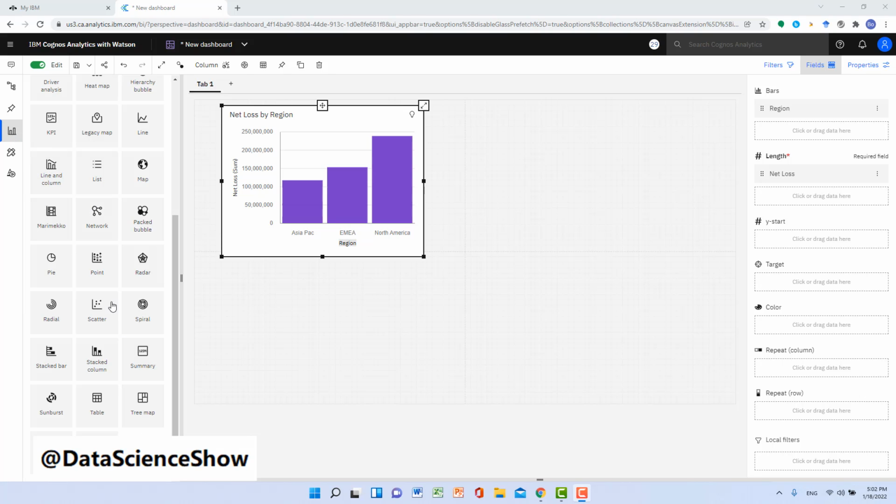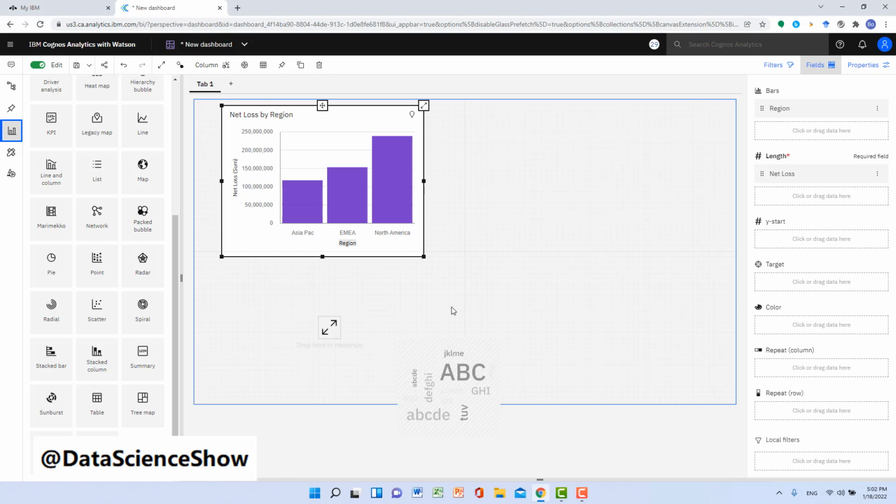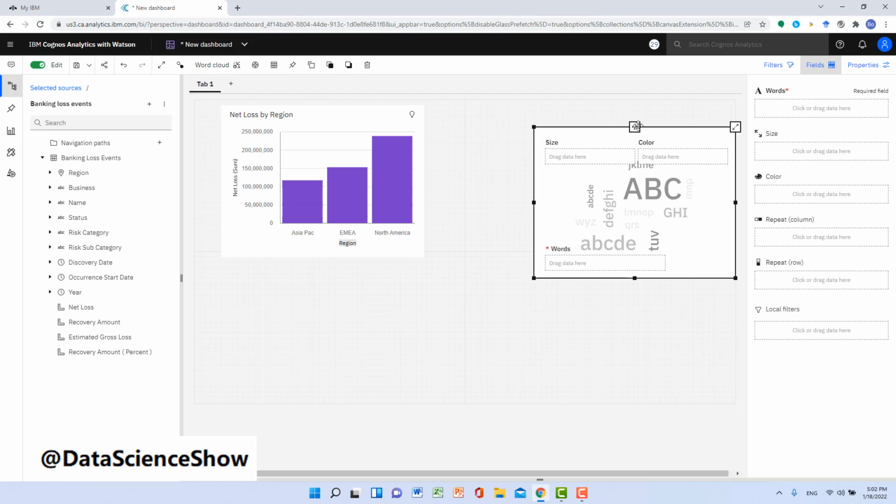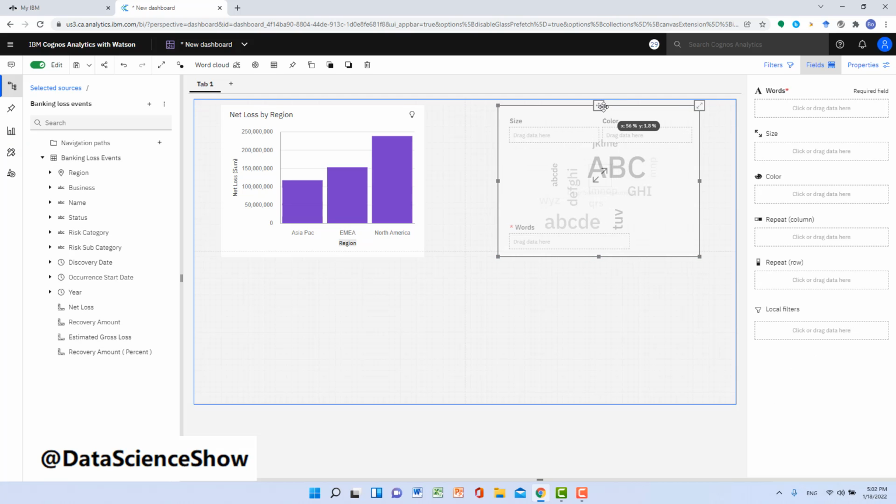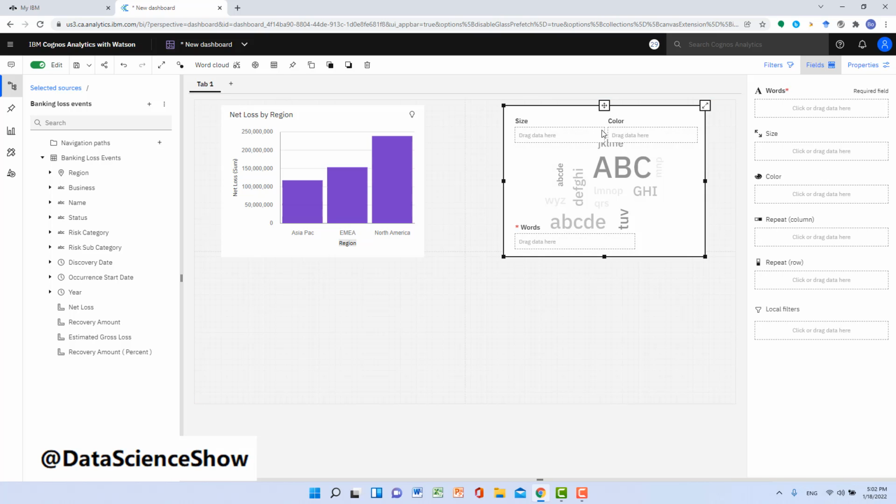You can choose word cloud from the visualization tool on the left navigation bar. Click visualization and then choose word cloud and then click on it and then drag it and drop it to the right panel. You can drag the cross icon to make it look nicer. So here we need to show different words that represent different risks, right? As I said, the details of the risks are recorded in risk subcategory.